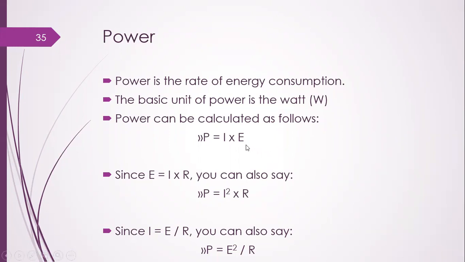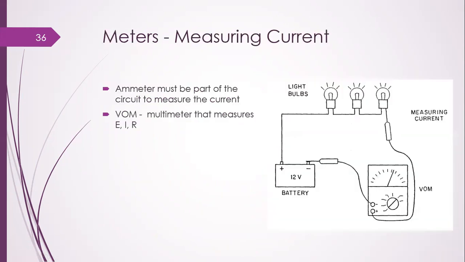In the previous session, we also made equivalency between these things. After that, the second formula of power is P is equal to I square into R, and the third formula of power is E square upon R, which is V square over R as well. After that, we also discussed